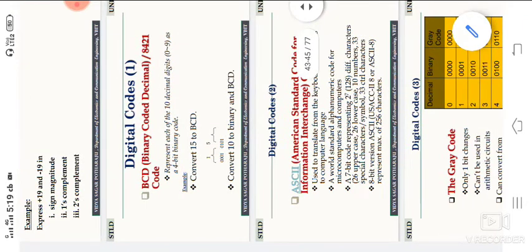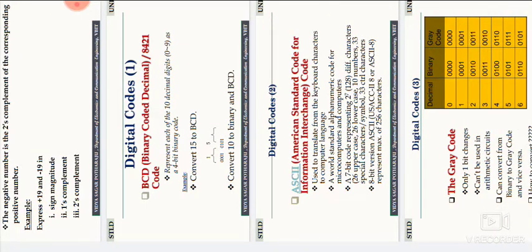It is a world standard alphanumeric code used for microcomputers and computers. It is a 7-bit code, representing 2 power 7, that means 128 different characters: 26 uppercase letters, 26 lowercase letters, 10 numbers, 33 special characters or symbols, and 33 control characters. Those are the characters found on a keyboard. This is the information for ASCII.